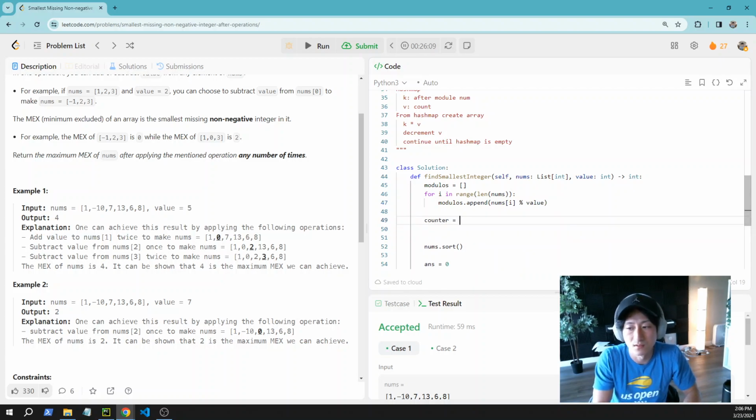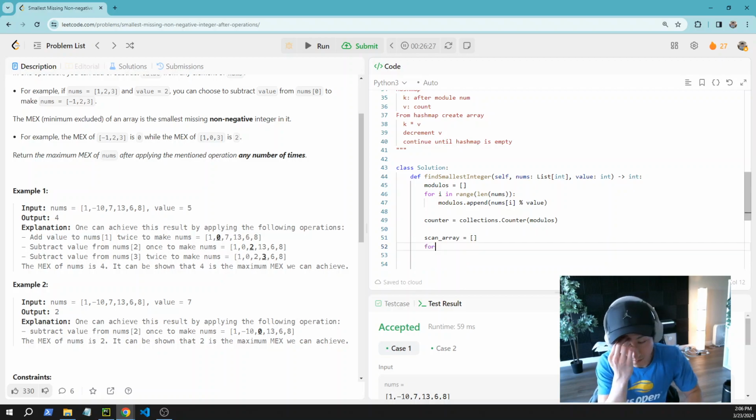So counter is going to be collections.Counter of modulos, and then from here I'm going to create a new scan array that's going to be empty, and then for key, value in counter items,